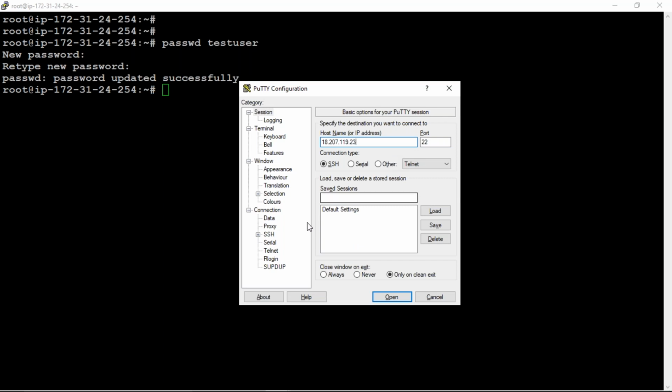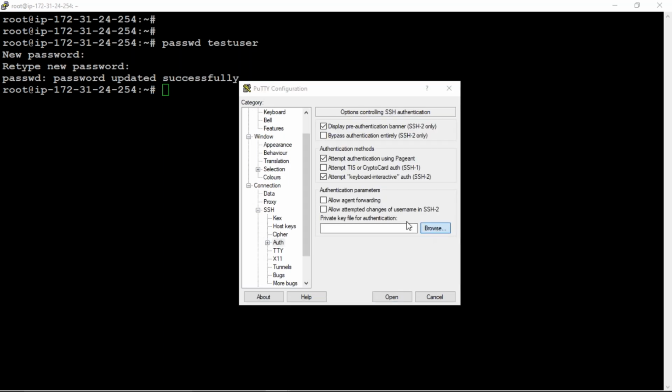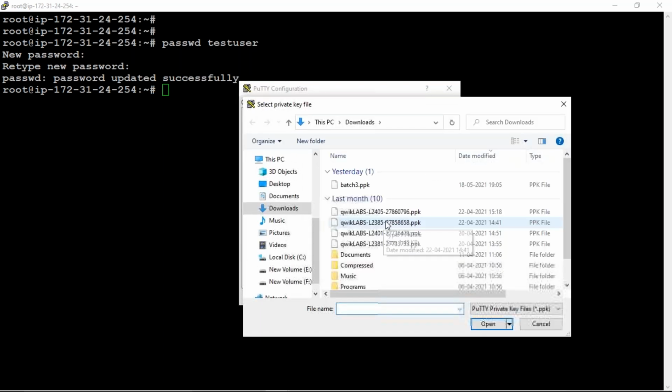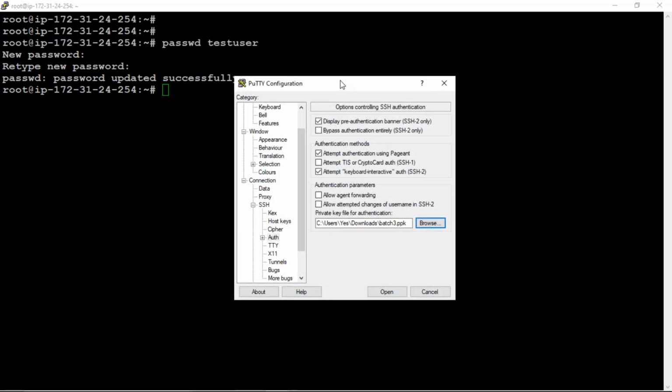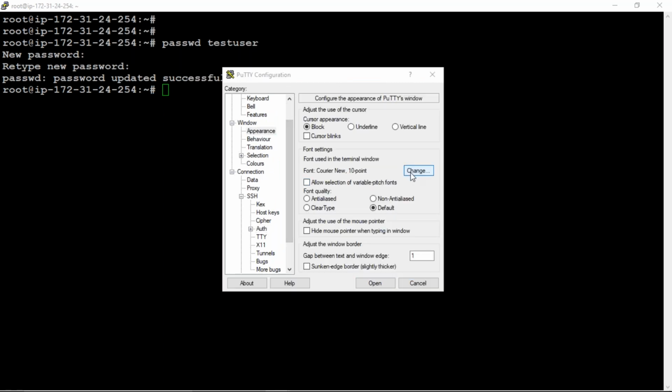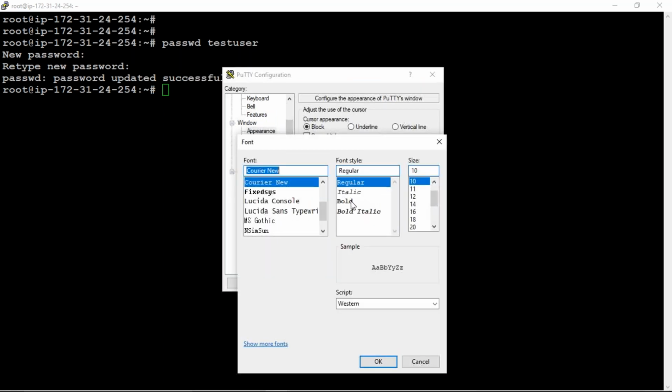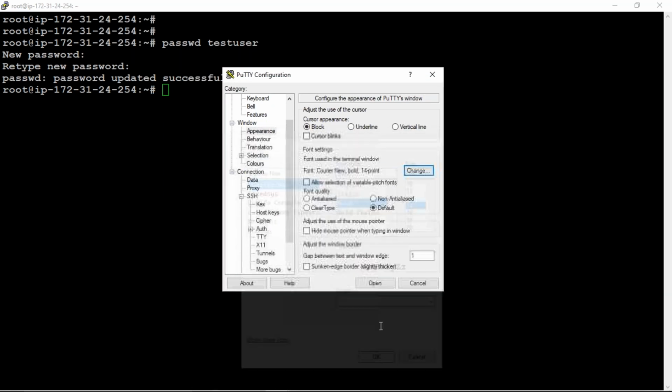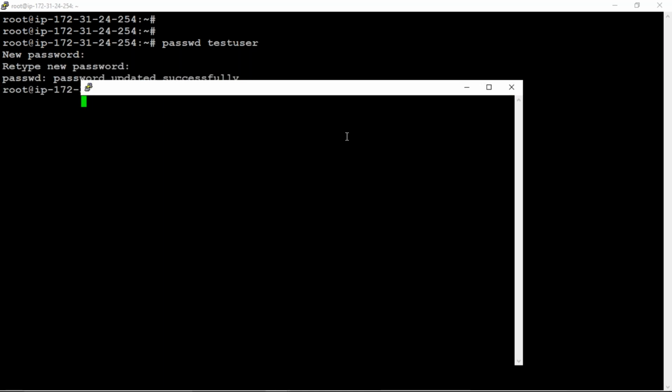Next, assign the key as well. Authentication, browse, batch 3, open. I'm just changing the appearance. And open.